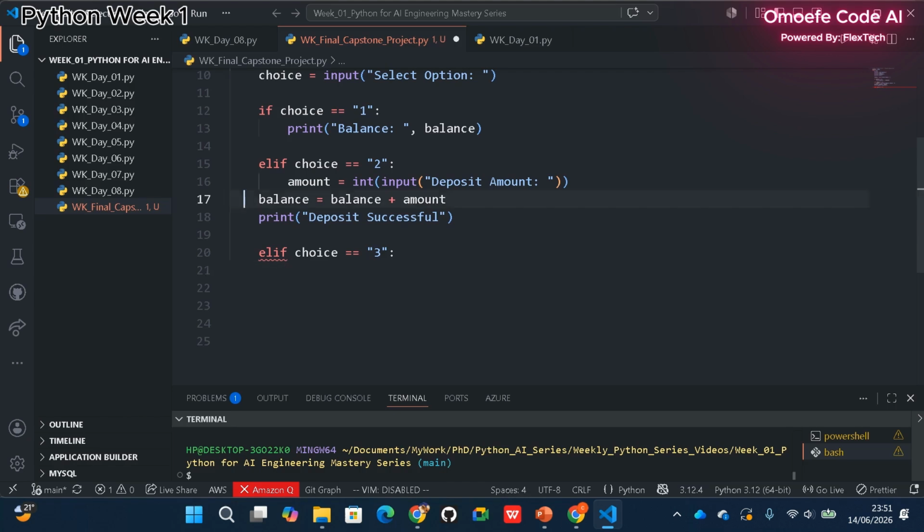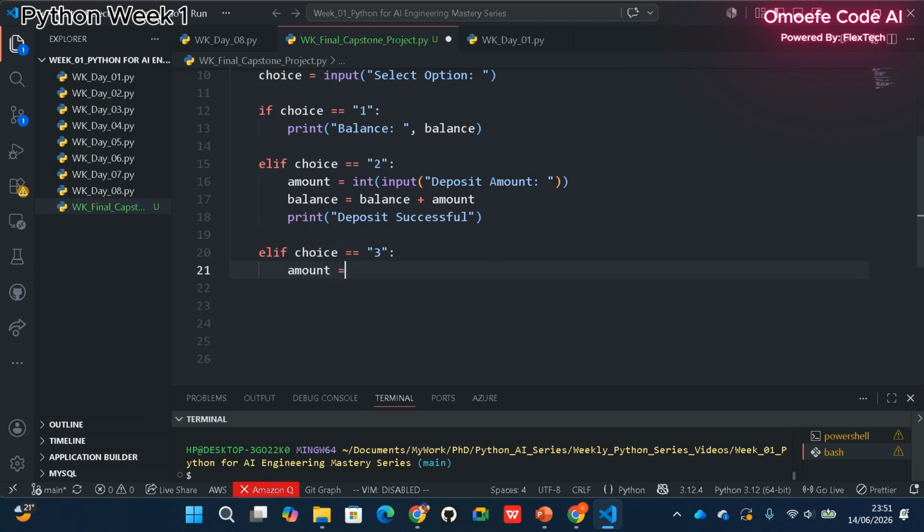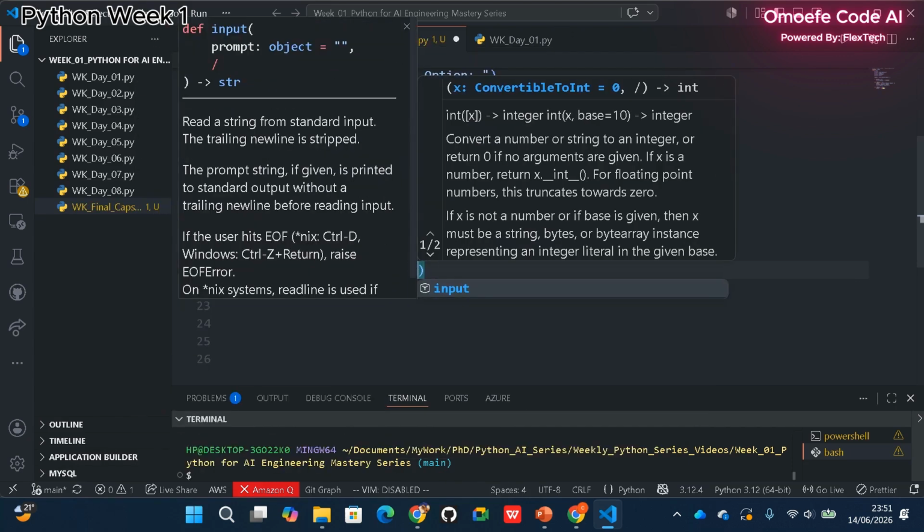Okay, so I have this. This should be moved to this place. Then if it's 3, then I'll say amount equals int, then input,